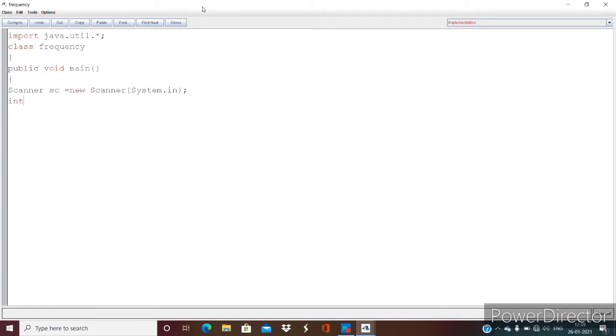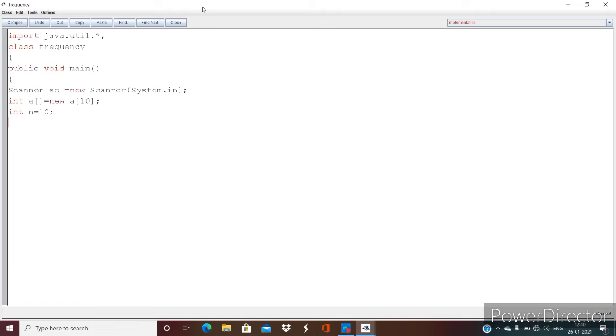We are going to take an array, say of size 10, and we are going to store the size in a variable n, that is 10.